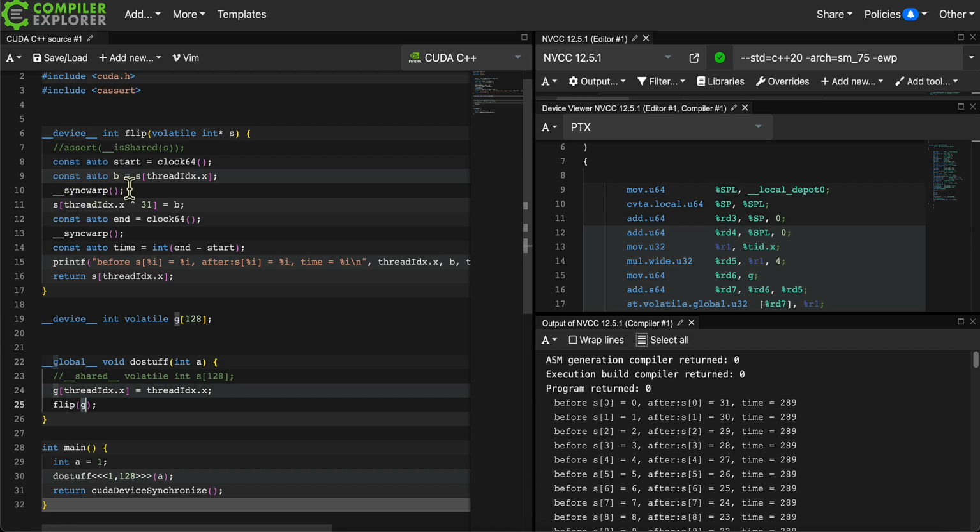When we do that, it will force both the read and the write to happen, and that takes 289 cycles instead of 28, was it 28? So about a factor 10 times slower. Now the only reason that it's actually 289 is because that data gets stored in the level 2 cache. If it goes all the way out to main memory, we're looking at, well, at least double, but maybe 1,000 cycles. It's quite a bit slower than shared memory. So whenever you get the opportunity, always use shared memory because it's just so much more efficient.